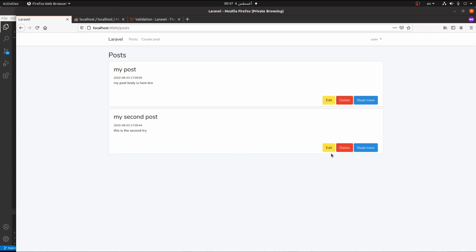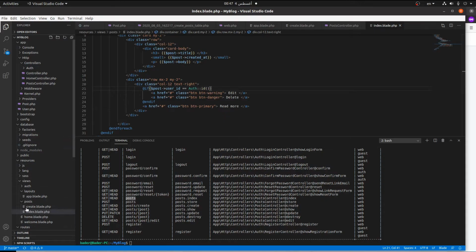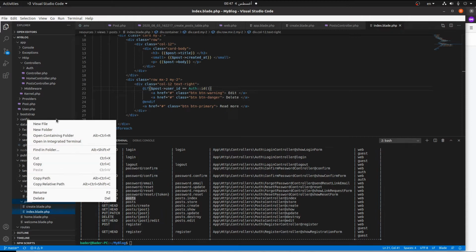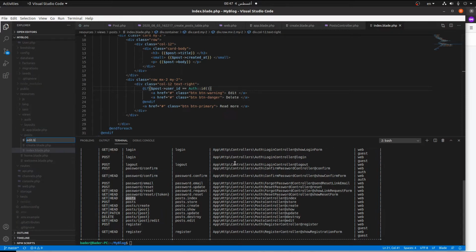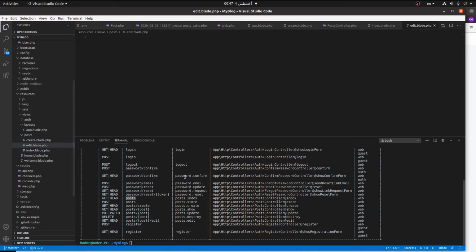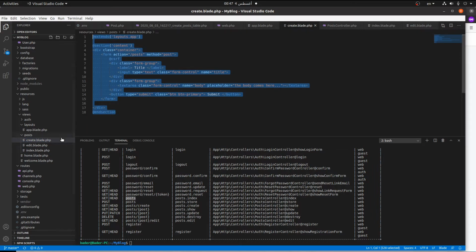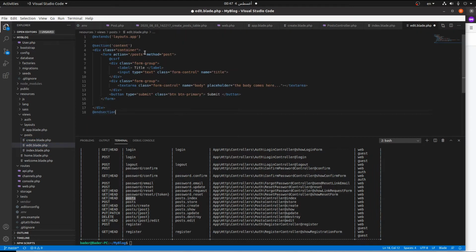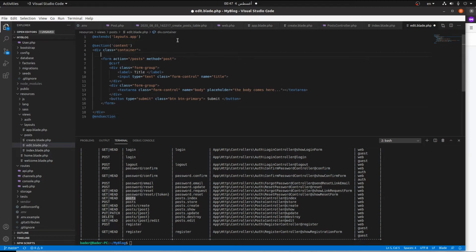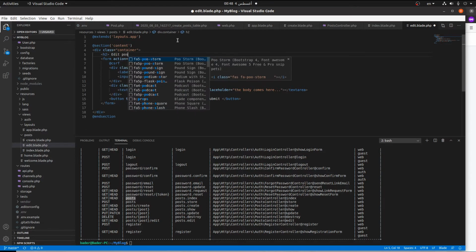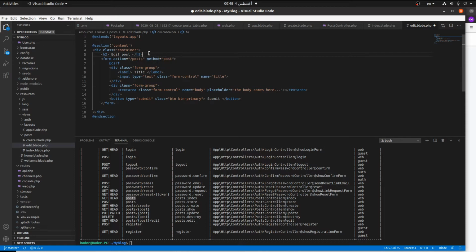Let's now create our edit form and delete button. We will create the edit file first. Let's go to the posts and create our edit.blade.php, and let's grab the code from here because it is pretty much the same. We are going to add the title here in h2, edit post. Okay, and we are going to change the action accordingly to fire up the update method, which